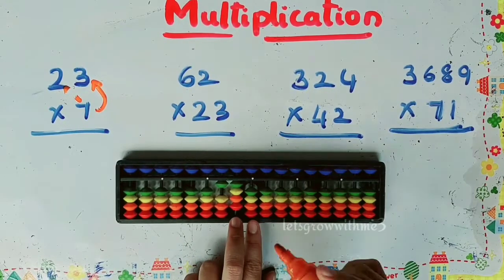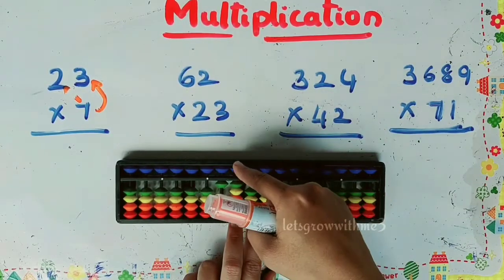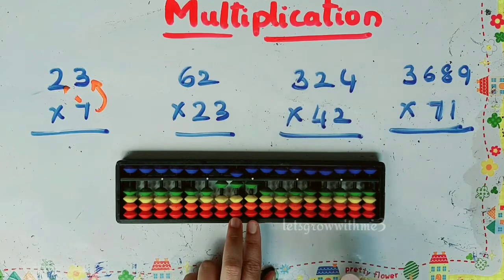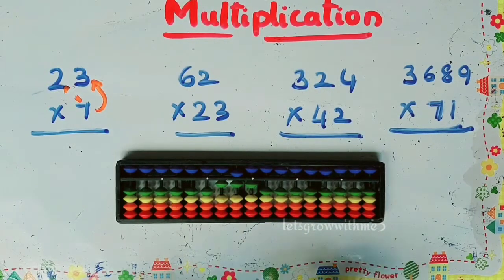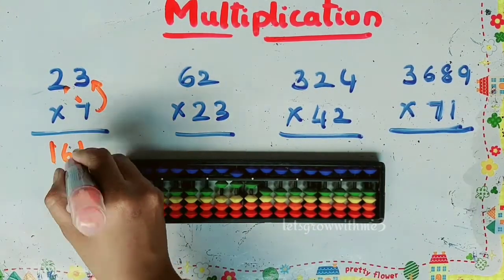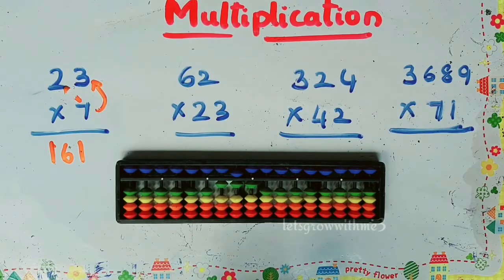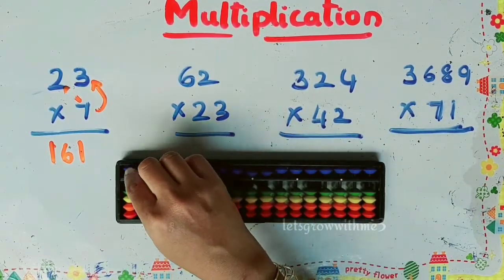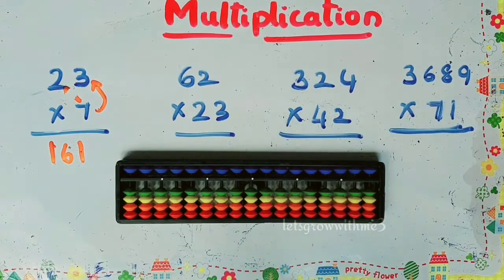Okay, so whenever you are doing multiplication, every time you leave one value, you should leave one column. Okay, 2 1 21. Then our answer is 161. Even if you didn't get it, it's okay, fine. Let's see the next question, then you will better understand what I'm saying.